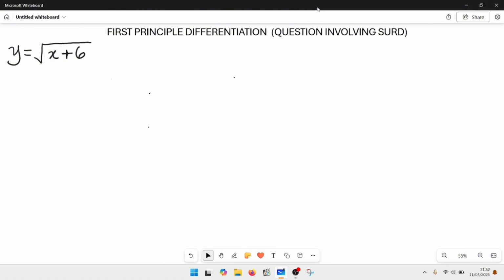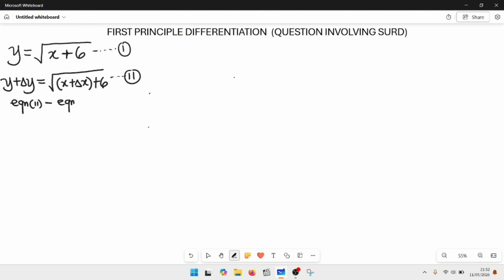Right, so in solving this question, we're still going to be applying the same principle. And this becomes our equation 1, like we said. I'm going to form equation 2 using y plus delta y is equal to the square root, and we have x, that becomes x plus delta x plus 6. This is equation 2. Right, very simple. For step 2, we do equation 2